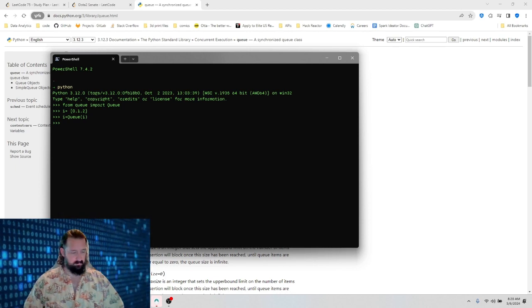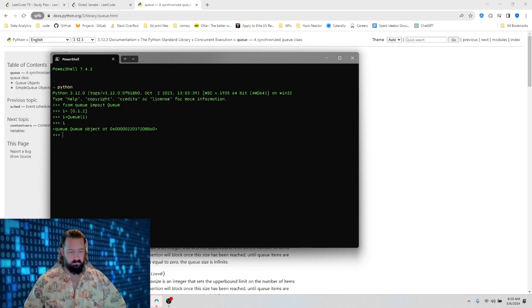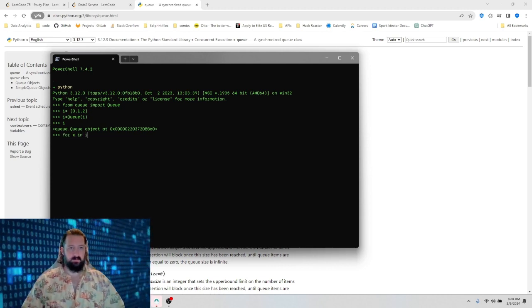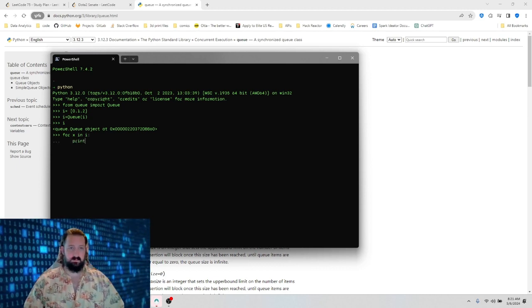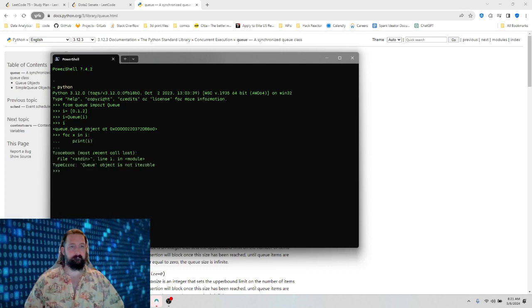Is that a thing? Print i, okay. For x in i, print i. Is the queue even an iterator? No, it's not.